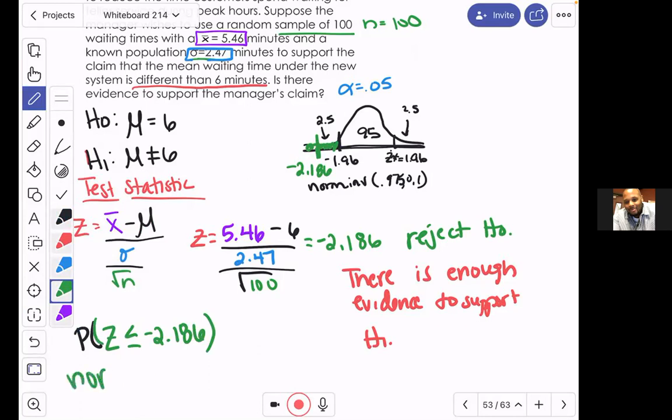So all you've got to do is use NORM.DIST in Excel, where you're calculating negative 2.186. The mean is 0, standard deviation is 1, and you set cumulative to true. So if I go to Excel and type that in,